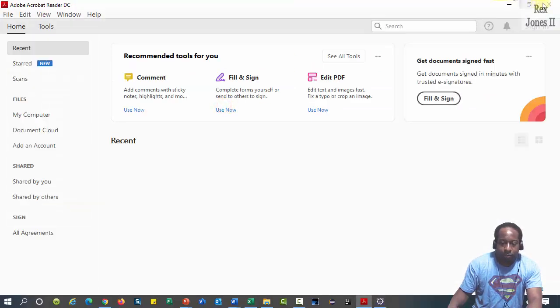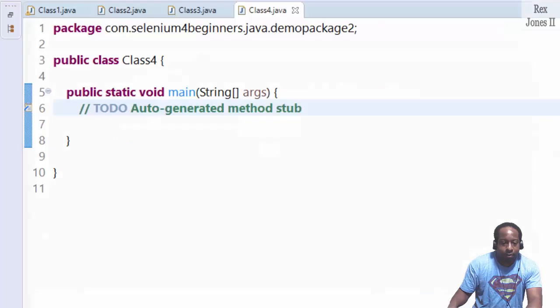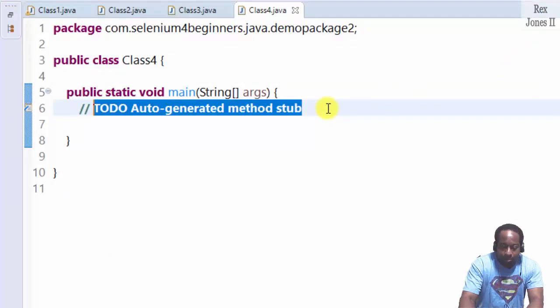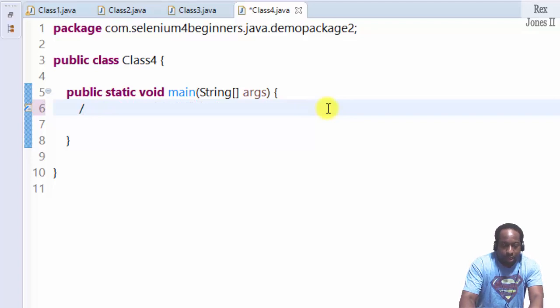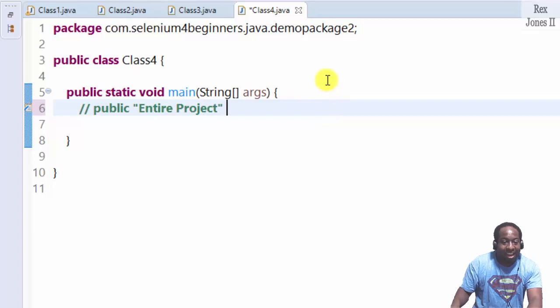And write, uh-oh, I clicked the wrong button. That was a mistake. As a comment, write public entire project and extends